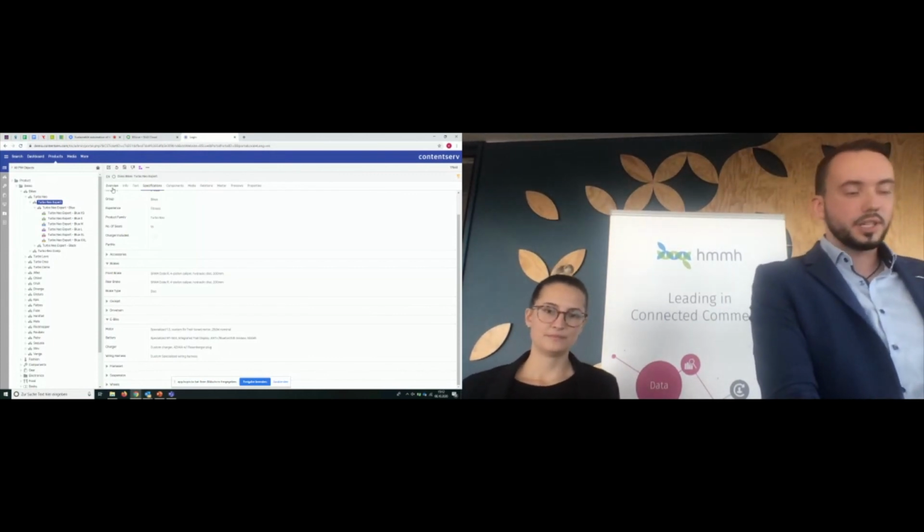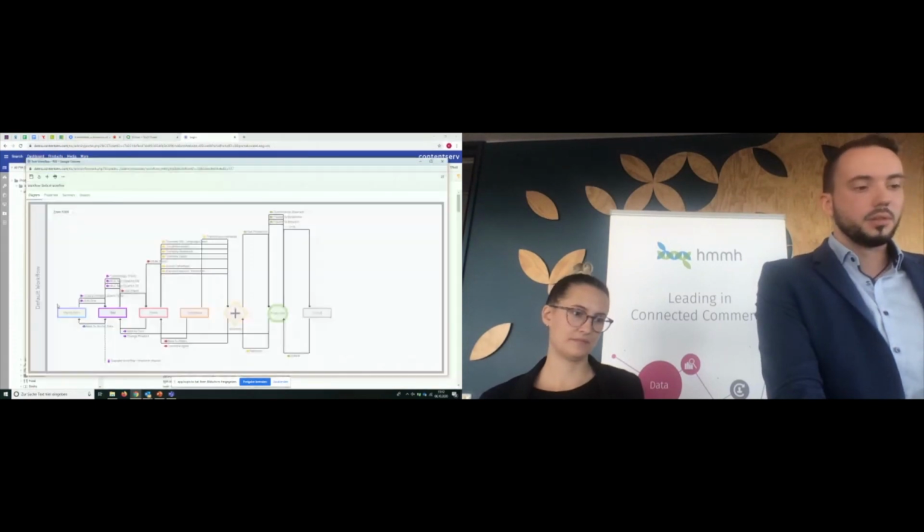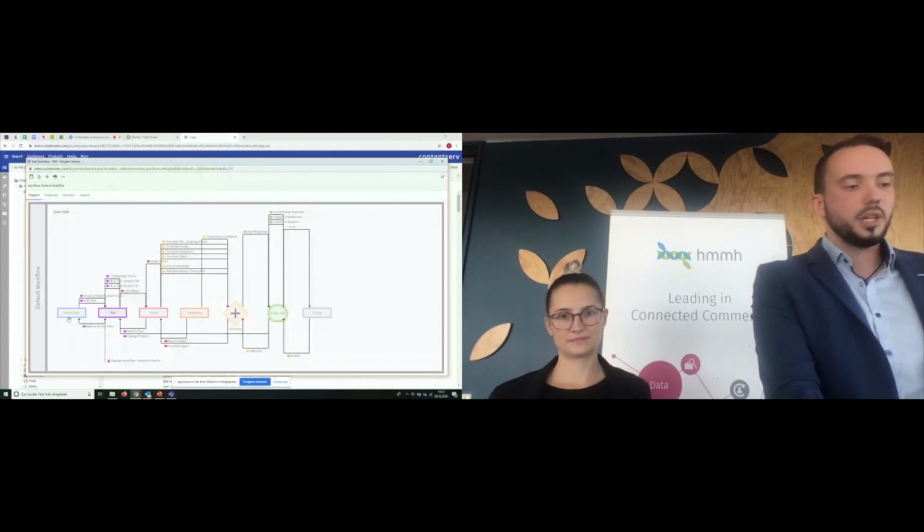Just for example, those are all states in the workflow, and the first step in a process is to create a new product in the ERP. So this could be a step where ERP data is imported to the PIM system.